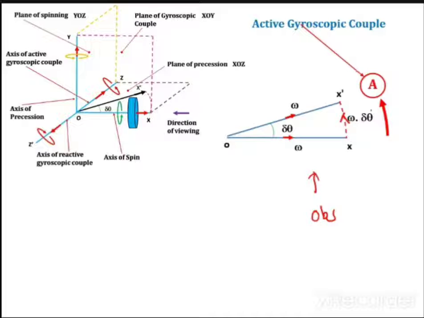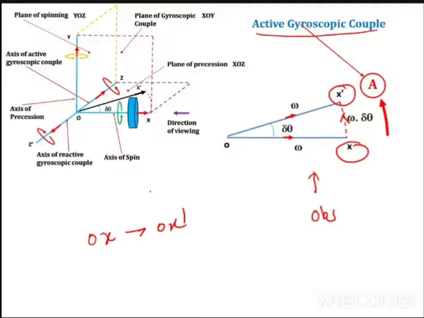Active gyroscopic couple means applied torque. The direction of the applied torque is from X to X dash, because when you apply torque on this OX, it will move to X dash, right? From OX you will move to OX dash when you apply the torque, and that applied torque is called